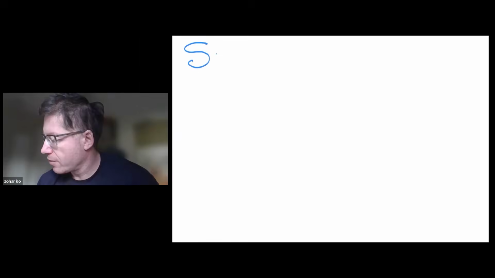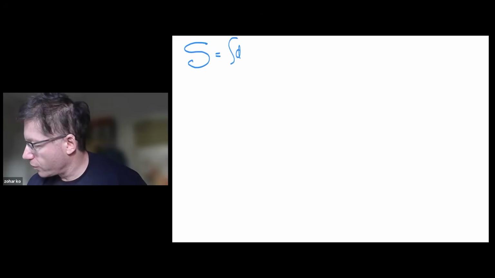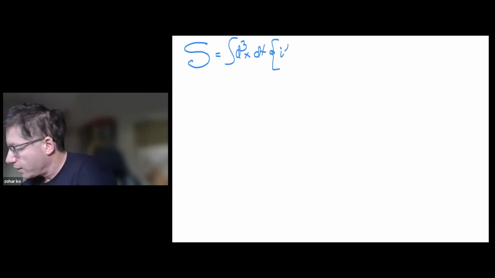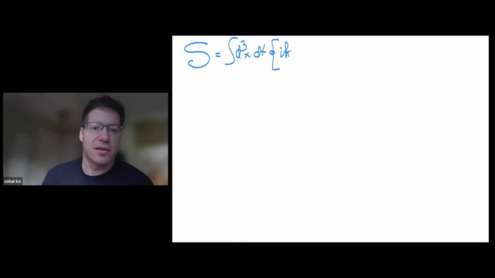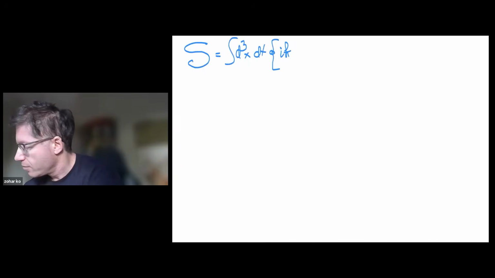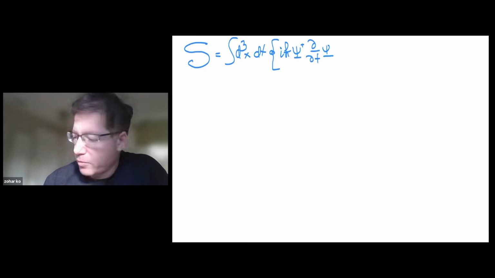So I'll write an action. It will be a first order in time derivatives action in 3 plus 1 dimensions. So we have d^3x dt, and now comes the kinetic term. I'll keep the h bar, by the way, in these lectures, at least in the first part about cold gases. But when we switch to QFT next time, I'll get rid of h bar. This is the main thing that's different from relativistic theories. Time derivative is of the first order because the Hamiltonian is the first derivative in time in non-relativistic quantum mechanics.